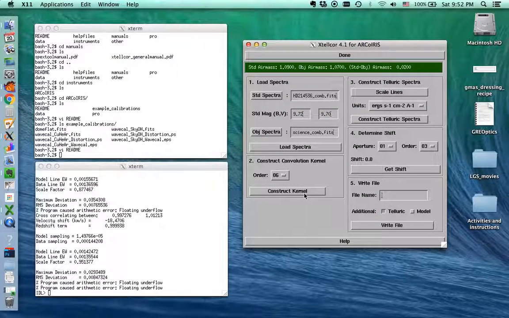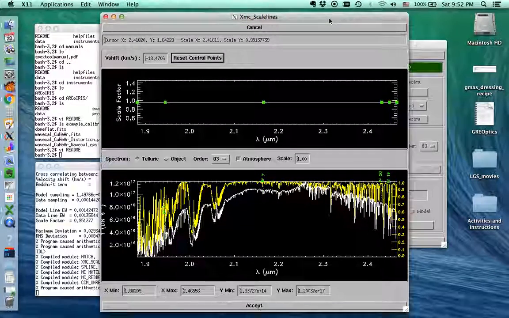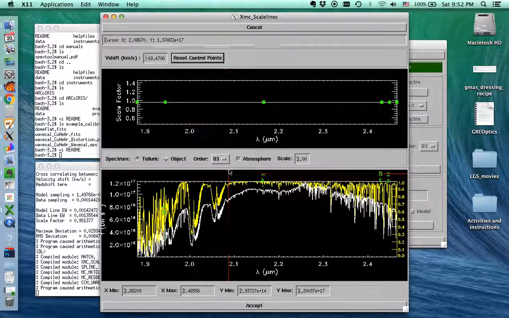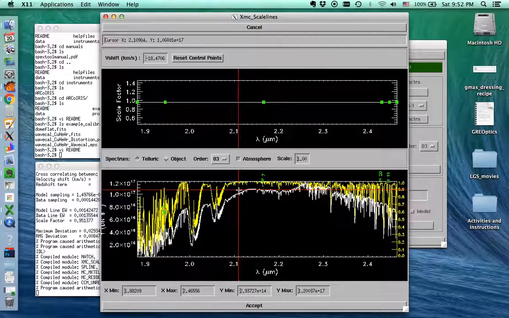So that created the kernel, and it applies that kernel to every order, but not all A0 stars are identical, so you oftentimes have to tweak some of the lines, because some of the hydrogen lines might not have been optimally removed. To do that, we're going to hit this Scale Lines button. Now, one thing to note as we go through this: don't hit this Accept button until you've gone through